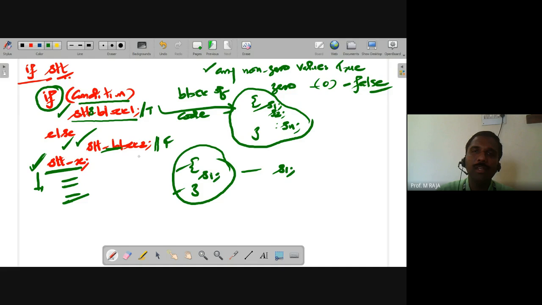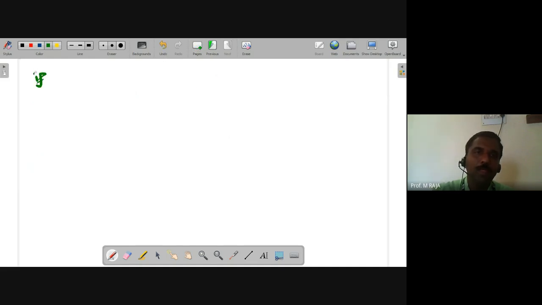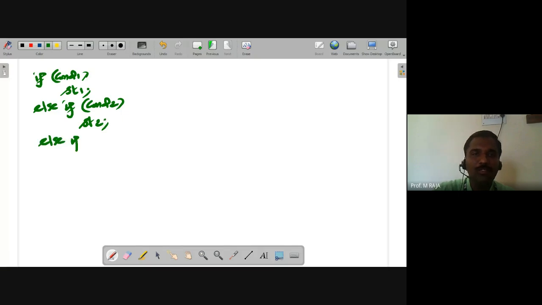If else can be nested. For example: if condition 1, statement 1; else if condition 2, statement 2; else if condition 3, statement 3;